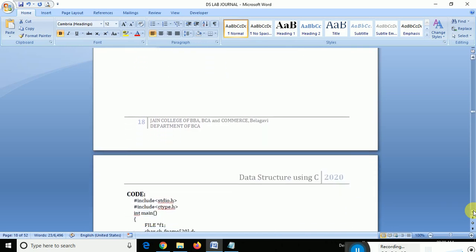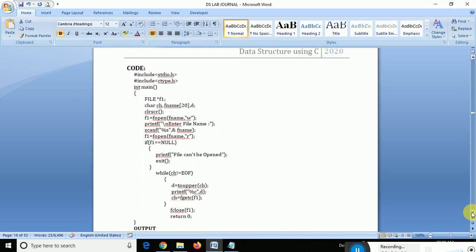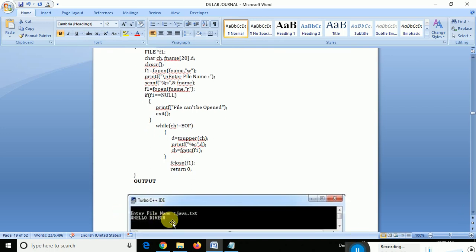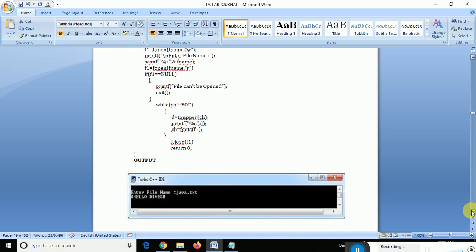Here is the code and the output is given here. If I execute this file, it will show you hello world or something like that. So how to execute this file?